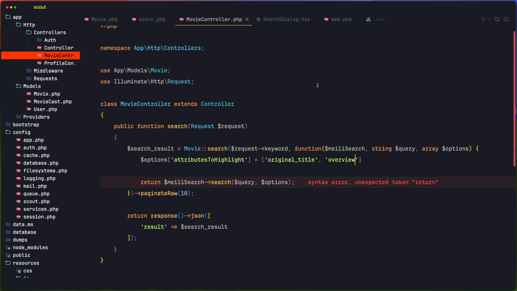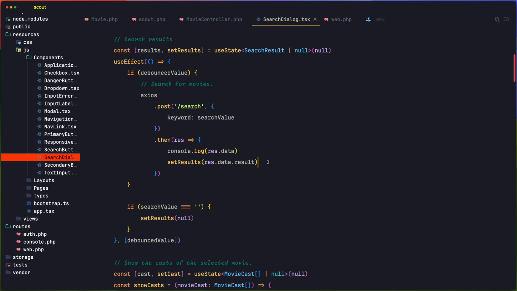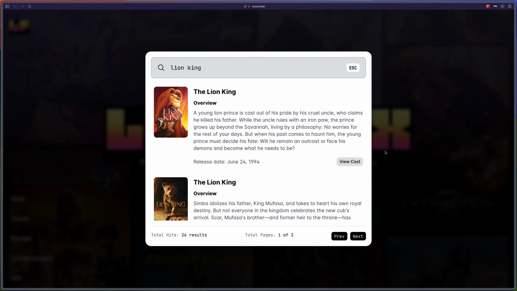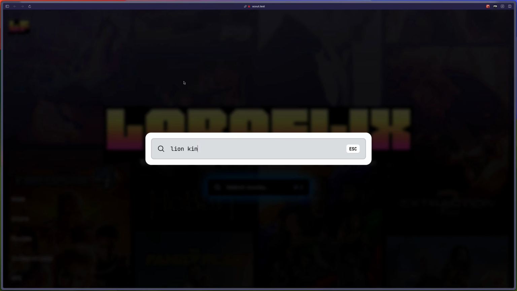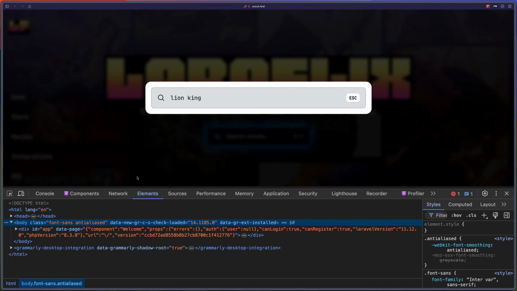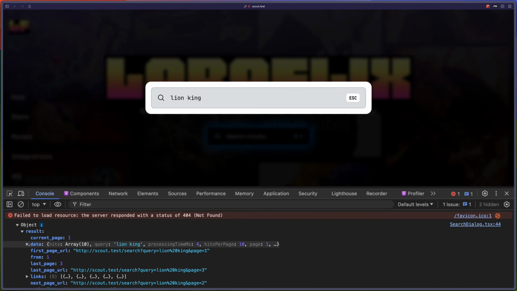So to demonstrate what changes in our response, let's comment out the set results line in our search dialog first. Then inspect the response from our request. Let's go back to our browser and refresh the page. And let's try searching again. Let's say Lion King. In the console, if we inspect the return data within the data object and the hits object,